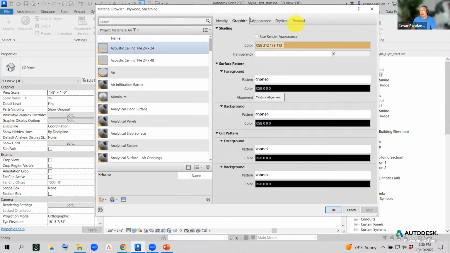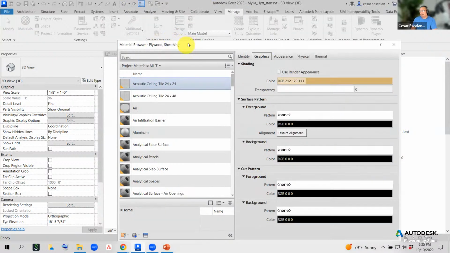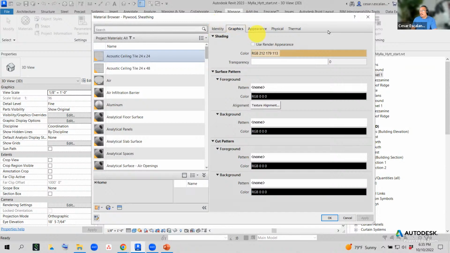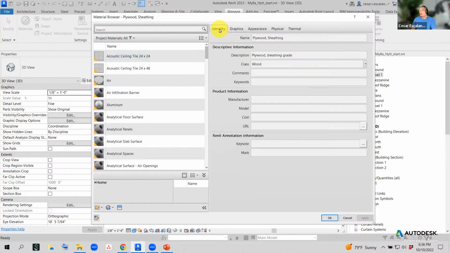Over by the right side of this, again, if you want to follow along, go to the Manage tab, Materials tab, Material button. Over by the upper side of this dialog box, you're going to find 5 tabs. The Identity tab, which discloses textual information about the material, including a description of what the material is, the class,